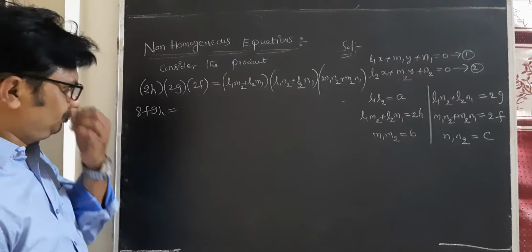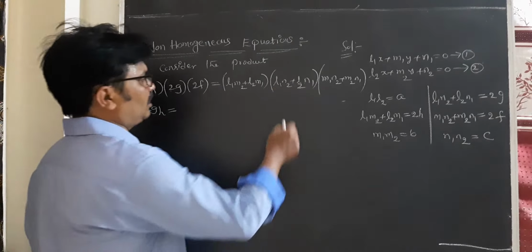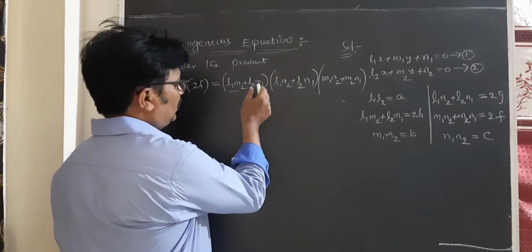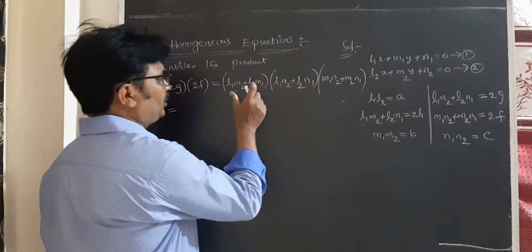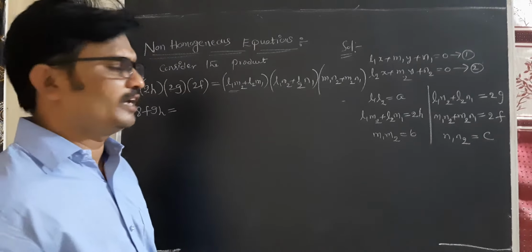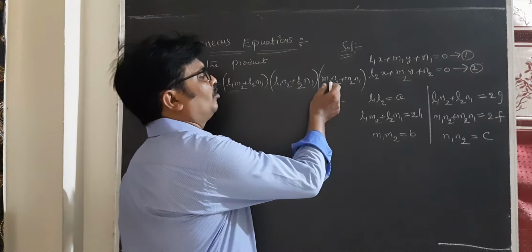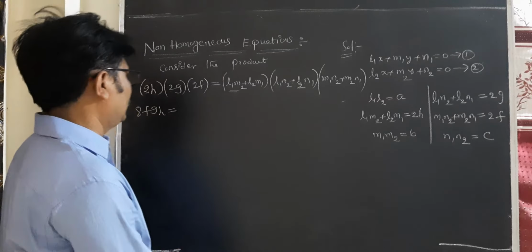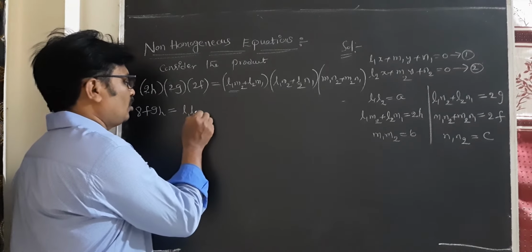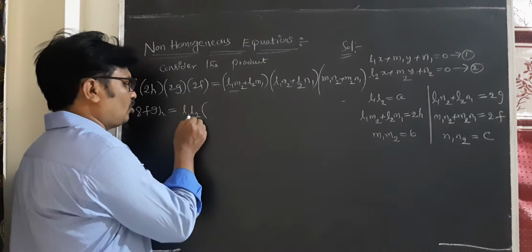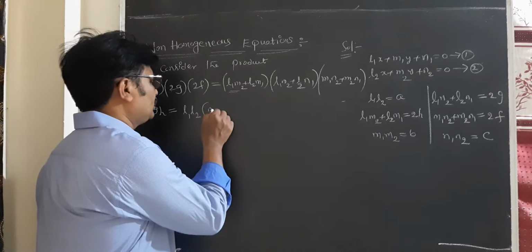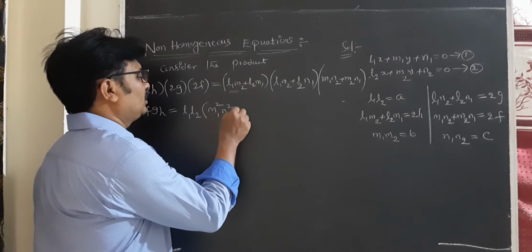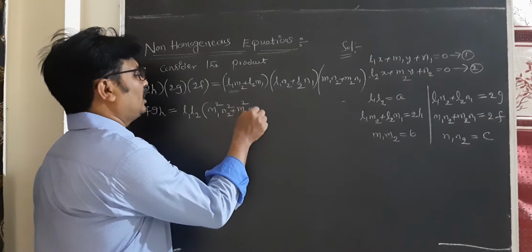My dear students, here there is a small simplification technique. First we have to multiply L1 M2 and L2 M1 these two with the other factor. We got 4 terms. These 4 terms are multiplied with M1 N2 plus M2 N1. 4 plus 4 we are getting 8 terms. So another shortcut is there, a small logic. When you take the common factor L1 L2, inside is M1 square N2 square plus M2 square N1 square. This is the first one.